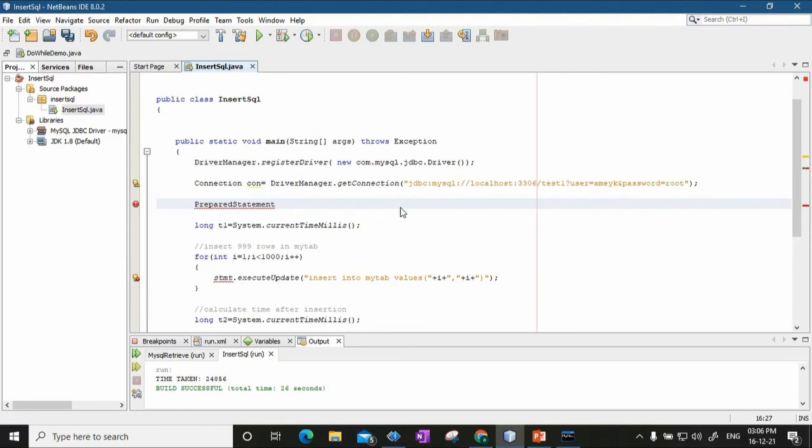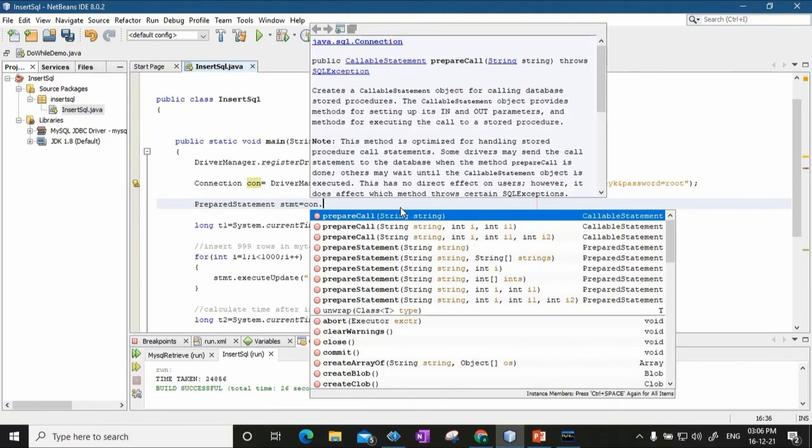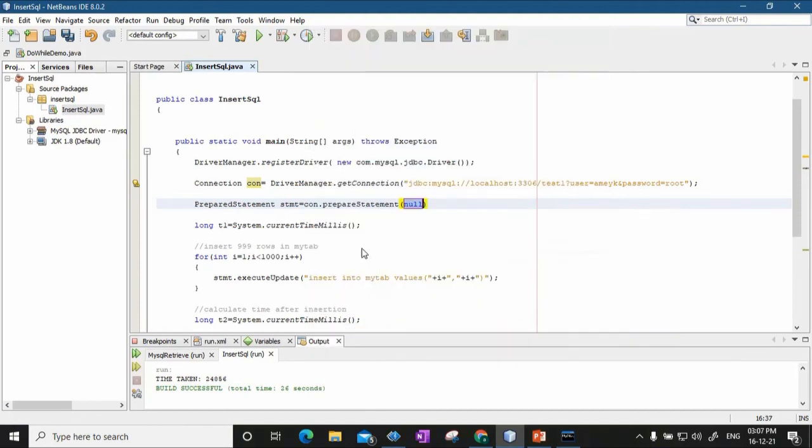Okay, so I'll say PreparedStatement stmt equal to con dot, and prepared statement has a method called prepareStatement. Fine. And here I am going to write the query in prepareStatement, insert into.